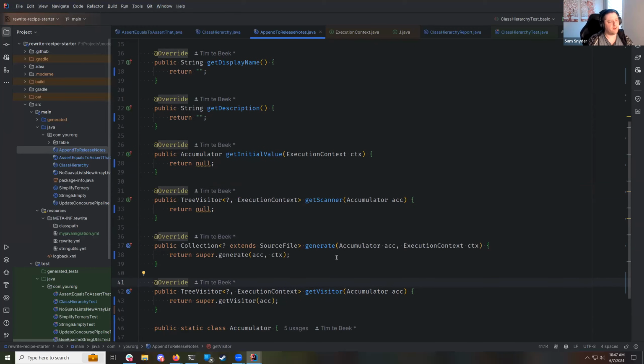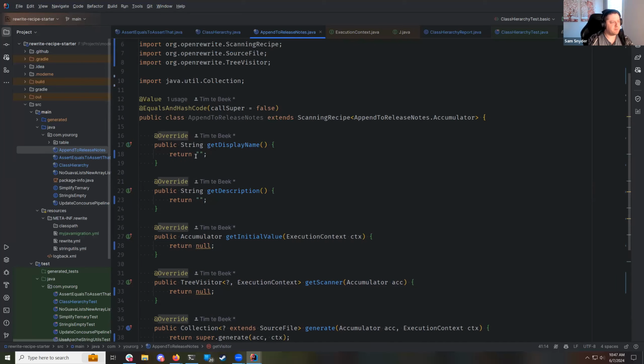So now that we've talked about the enhanced life cycle that scanning recipes participate in and their additional capabilities, let's get down to implementing this one. So append to release notes: add a message to the end of a release.md file, creates release.md at the repository root if it does not